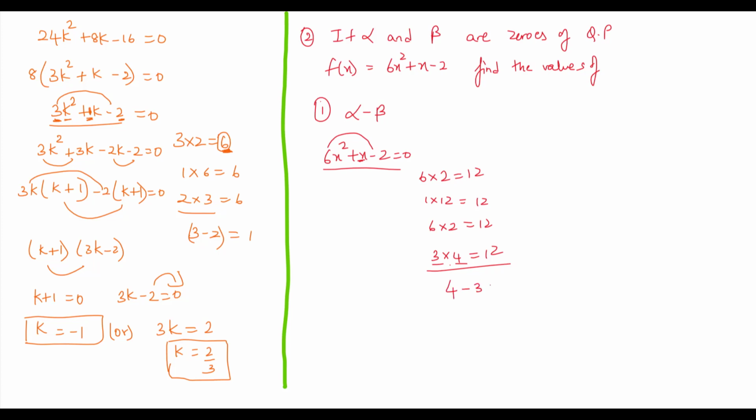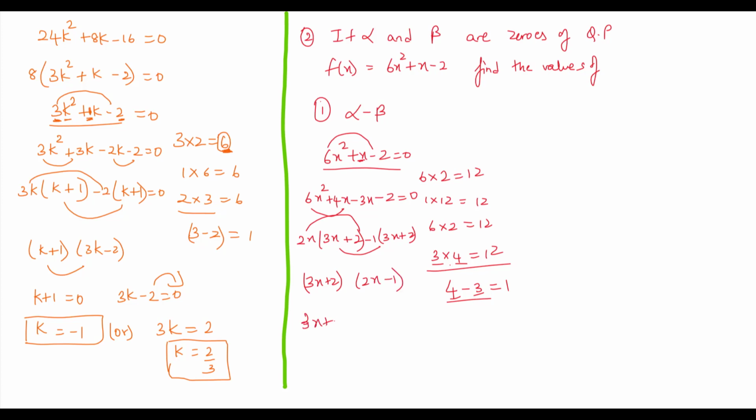So can I say 4 minus 3 is equal to 1? So I will use these two factors, that is 6x square, for 1x I will get 4x minus 3x. So this 4 and 3 can be used as 4x minus 3x, so that I will get 1x minus 2 equated to 0. From 6x and 4x, 2x is common, so you will be left with 3x plus 2, and from minus 3x and minus 2, minus 1 is common, so 3x plus 2. So these are the two factors, one is 3x plus 2 and the other one is 2x minus 1.